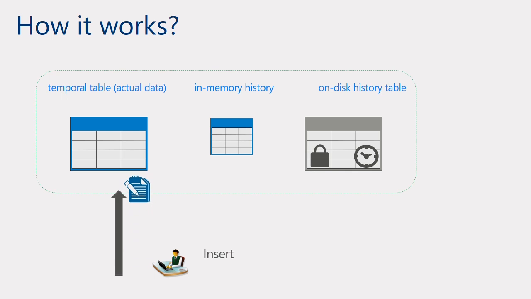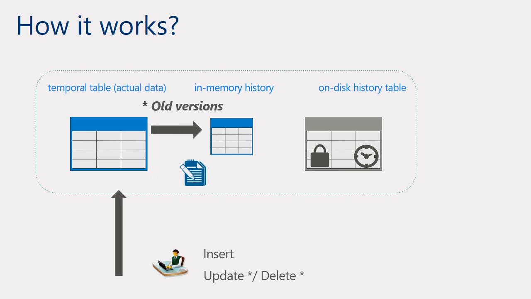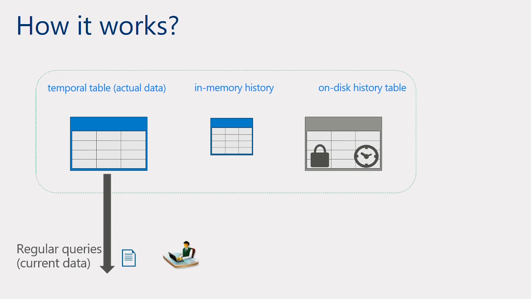We also enabled this for in-memory tables recently, so it works there. As you can imagine, if you have in-memory tables, you may want to keep them smaller because they are in memory. So you can define temporal tables for your in-memory tables, to keep the in-memory table smaller but not lose the history.